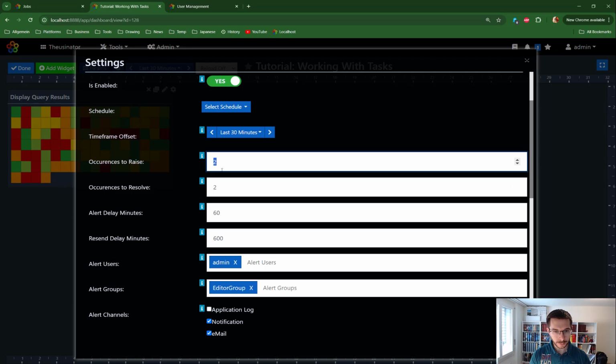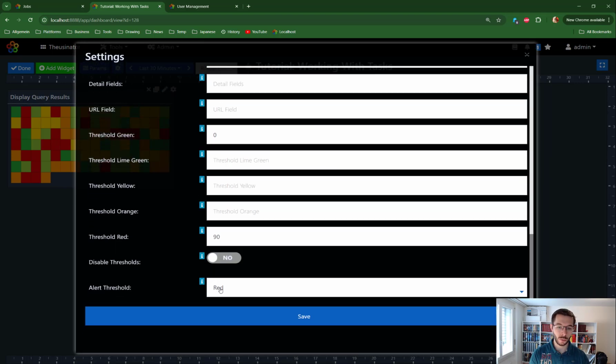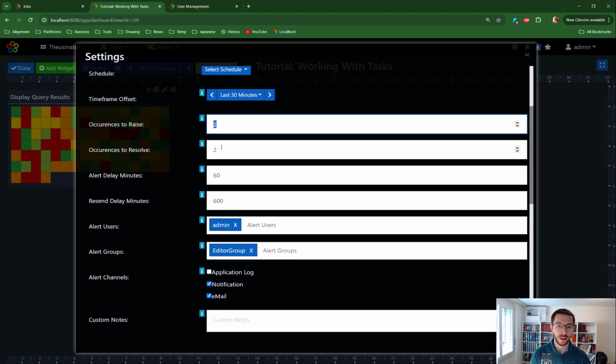Now, the same is with resolve. Number of occurrences in series needed to resolve an alert. So if it's not matching, so if it's not red anymore, then it needs this amount that you specified here in a row to not be in an alert condition to say it's resolved. I will set this now to 1 just for